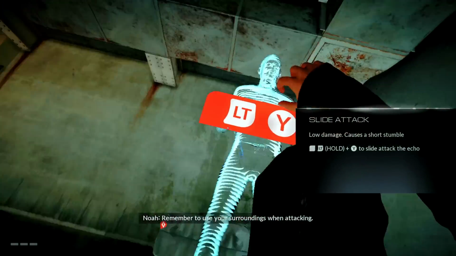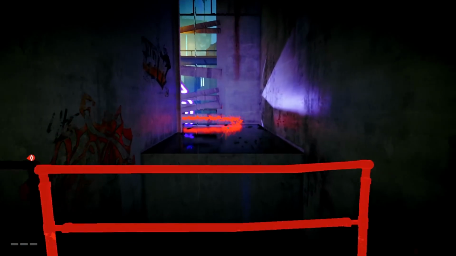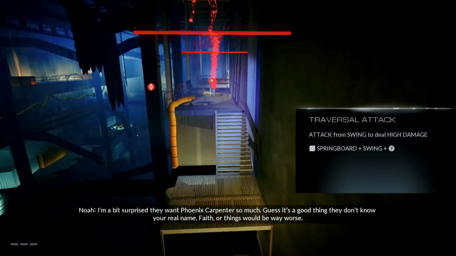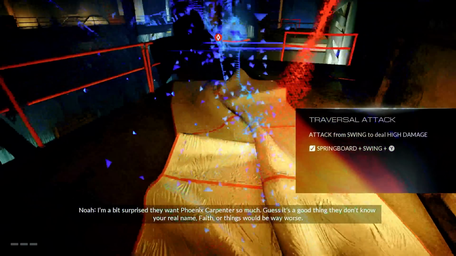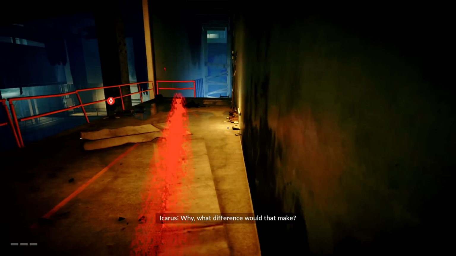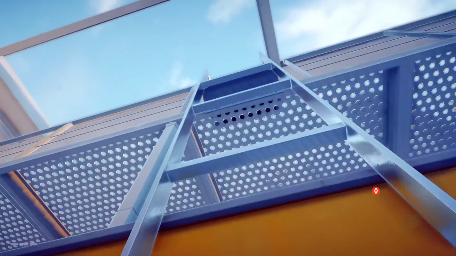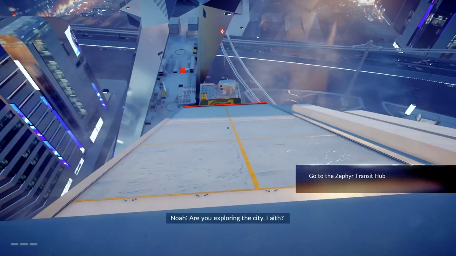So you can also do one when you're sliding underneath like that with the left trigger. And then we've got one last attack here, swinging off of the pipes and kicking the guy. Now in the next section you'll come outside and go up this ladder, and then you'll have another cutscene where you come out on top of the building. And we've basically completed this section at this point, the tutorial section of the game,